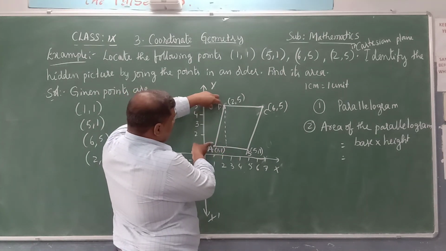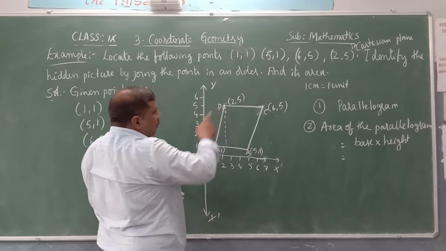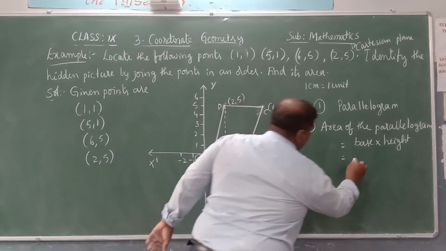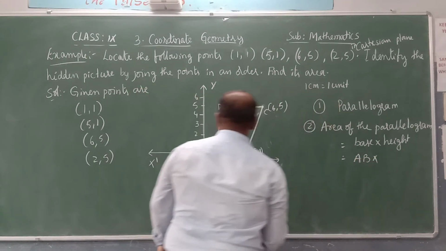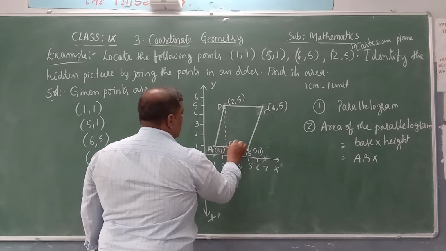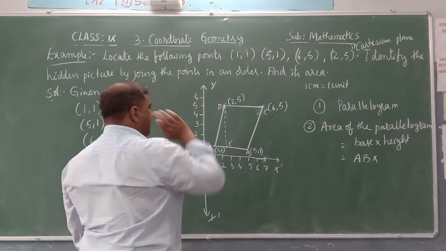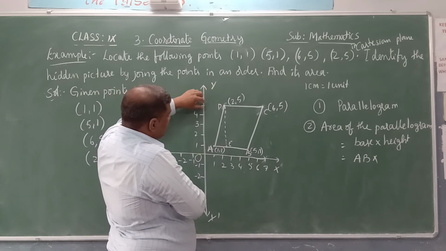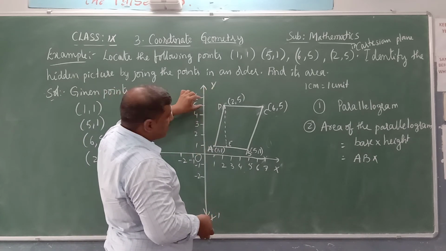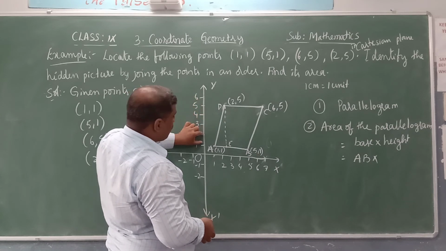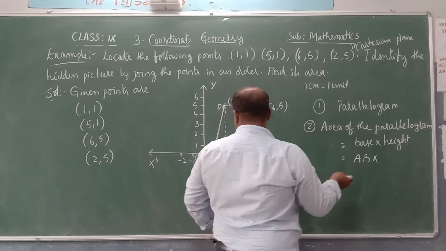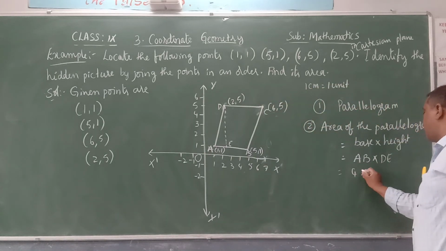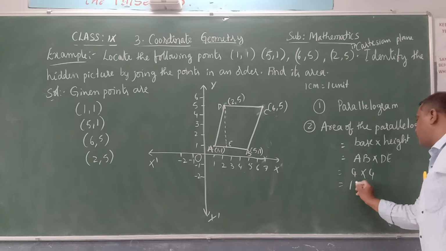And you subtract this, what is it? 5 minus 1, again we get 4 units here. The perpendicular distance is 4 units. Here the base is AB, and for the height you can name the points D and E. DE is the height. So how much is the perpendicular distance DE? 1, 2, 3 and 4, that is 4 units. Now AB is equal to 4 units, DE is also 4. That is 4 into 4, 16.